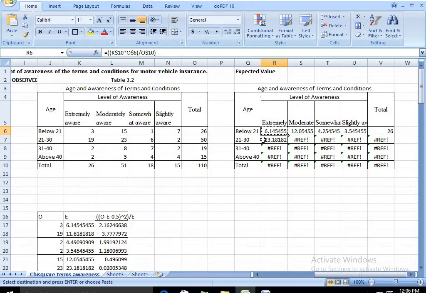This is the correct formula, whereas here, instead of O6 it has to be O7. Other things will be the same. Now again, instead of O7, it will be O8. Now it will be O9. So you are getting your total. Is it clear? So now you can adopt it in the particular rows.